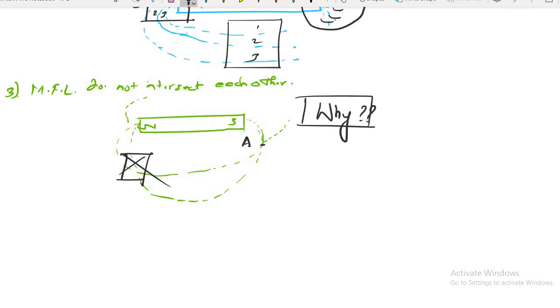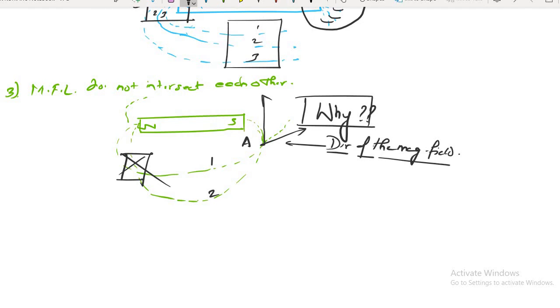Okay? You see. Let me take this line as 1 and this line as 2. For the line 1, it is coming like this and it is meeting at point A. That means, if I draw a tangent here, this tangent will give the direction of the magnetic field. Now, let me consider line number 2. This is the magnetic field line number 2 which is coming and meeting at point A. So, if I draw a tangent here, it will be like this, and this tangent is also explaining the direction of the